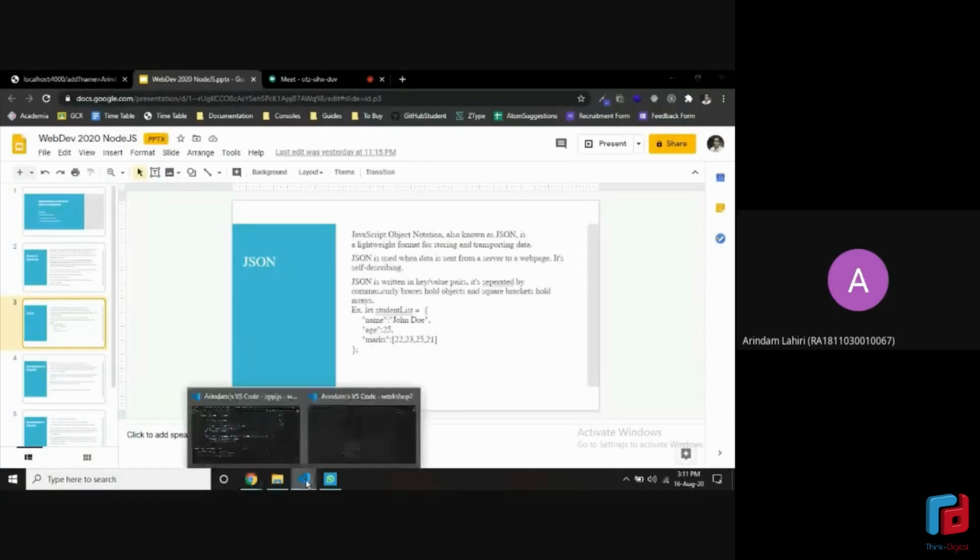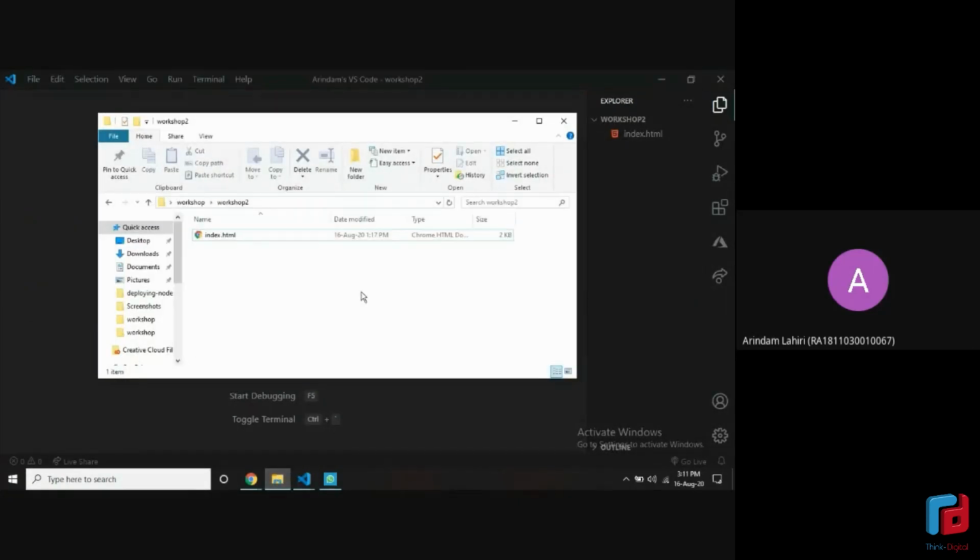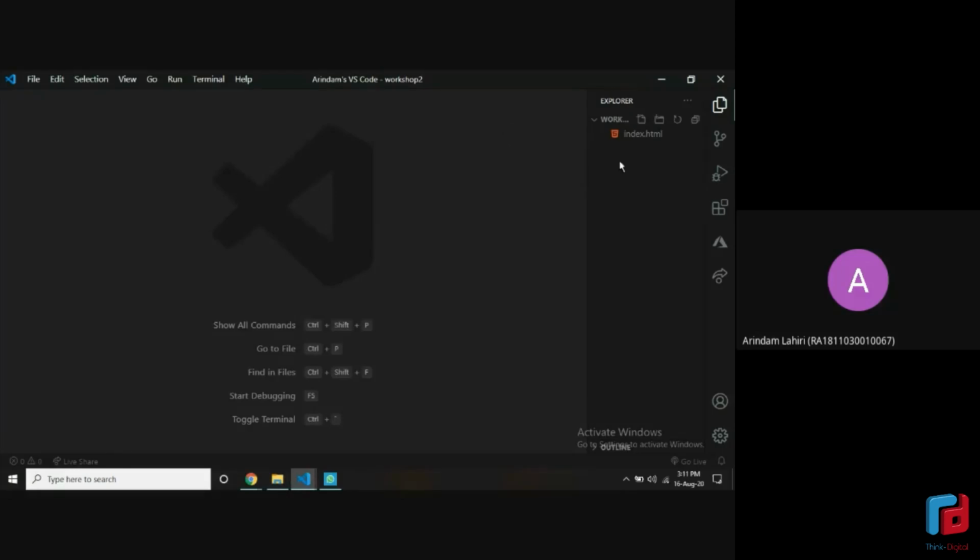So I am hoping that you guys have downloaded the folder that was provided to you. It would be looking something like this. There would be one file in it, index.html. Don't worry about this file right now. When we will be using this file, I'll be explaining to you what the code inside it is. And inside this folder, let's just create a new file.